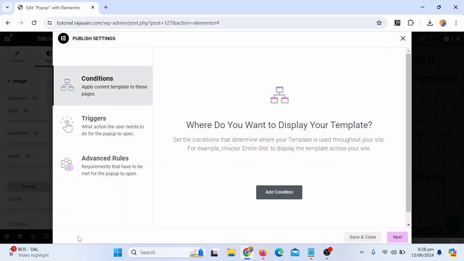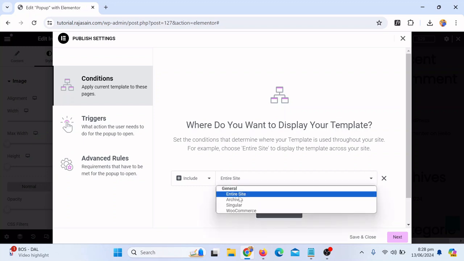And once you publish, you will see these publish settings, where you choose how you want the pop-up to come up on the website. You can add different conditions with the triggers. If I click here, you can see the conditions: applies to, template, these pages, triggers, and advanced rules. So I will click on Add Condition, and now I just want to add